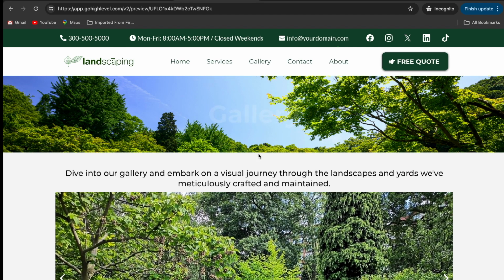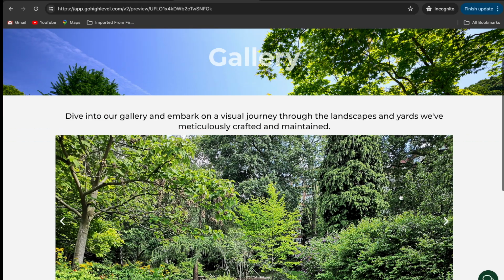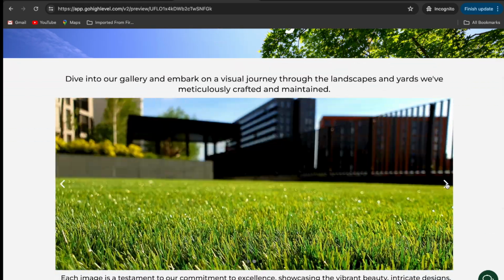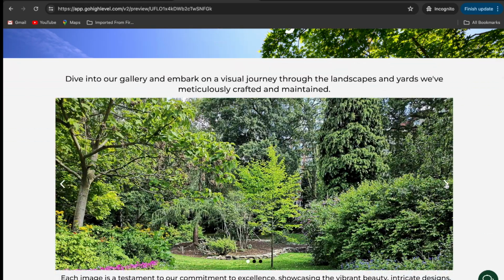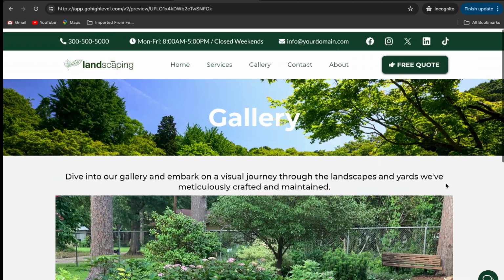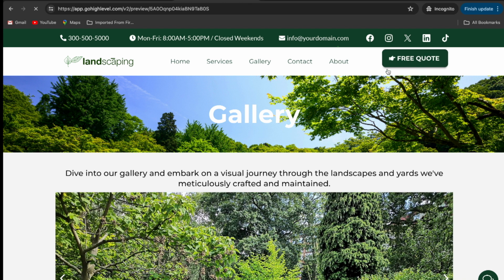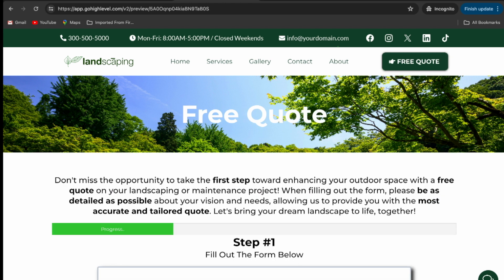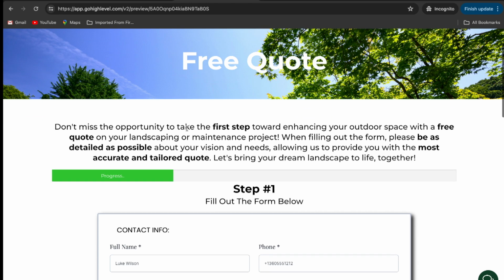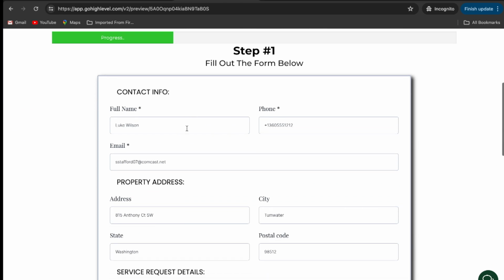The gallery is kind of cool because you have the ability to put in some of your best work, and customers can scroll through and look at your different pictures of different projects that you've done. And let's see. So when you do the free quote, this is going to be very helpful. You want to have this free quote button very visible in multiple locations on the website, so somebody can get that. But basically, what happens is they come to this step one form where they fill out their name,